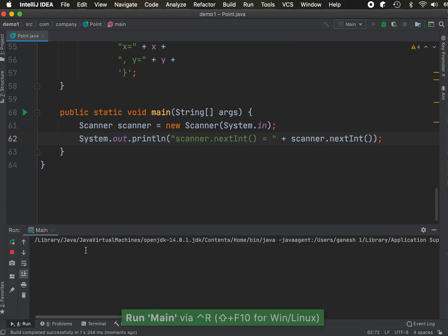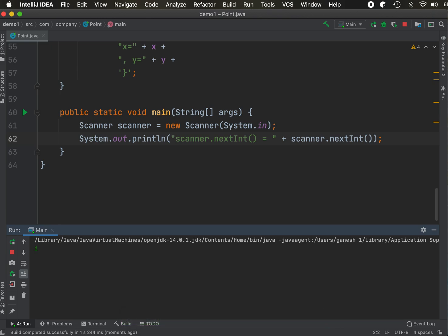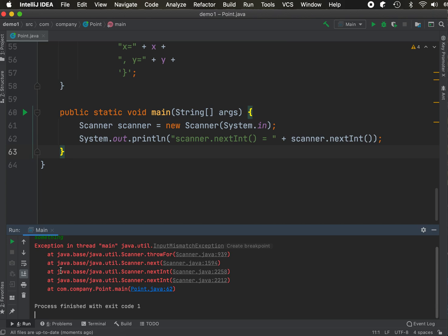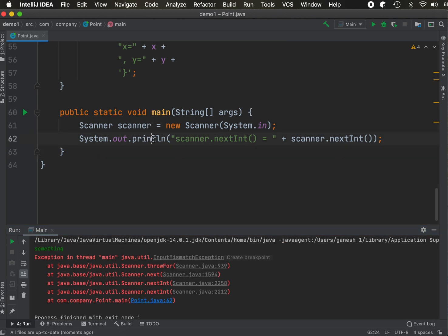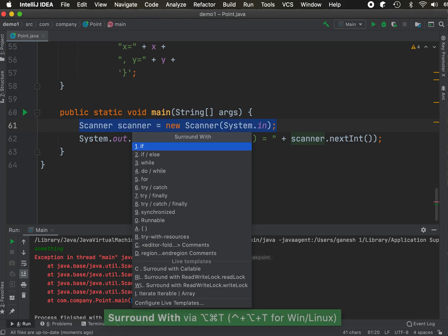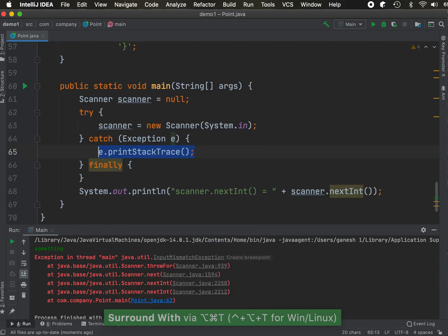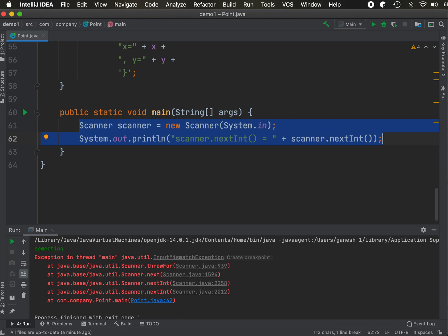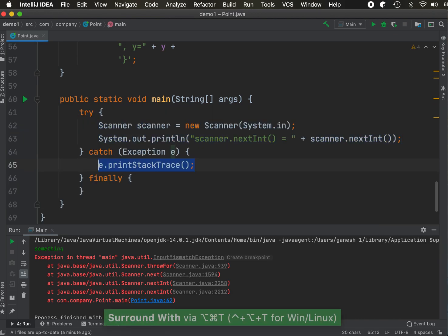Now if I give, for example, 10 or something, it will work, no problem. But if I give by mistake something else, like something written here, this will throw an exception. So I should protect this code with a try catch condition, right? And also this scanner is an object that should be released. So we can do option command T and surround with try catch finally, right? But now I chose the wrong code to surround with. So select this block of code and say try catch finally, and here you go,